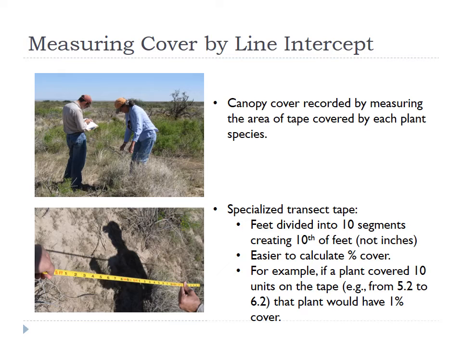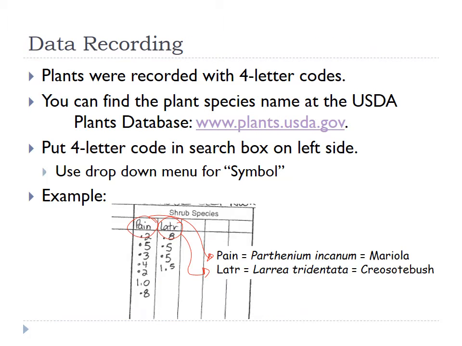So, for example, if you have a plant that covers 10 units along the tape, so it covered 10 tenths of a foot, it covers 1 foot. For example, it might go from 0.5.2 to 0.6.2. It would cover 1% of the tape because it covers 1 foot out of 100, and that's how you calculate cover. You take the area that a plant covered and divide it by the total area of the transect. So it makes it easy. The numbers that you estimate along the tape, when you tally them all up, that gives you the percentage of cover, which is